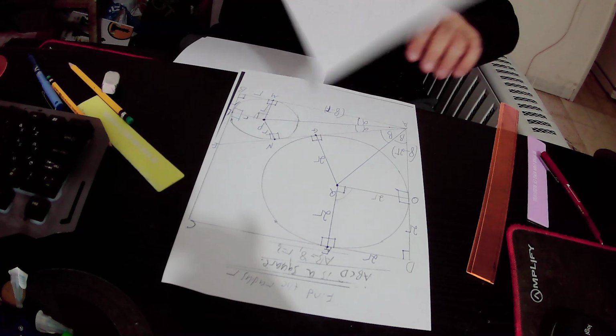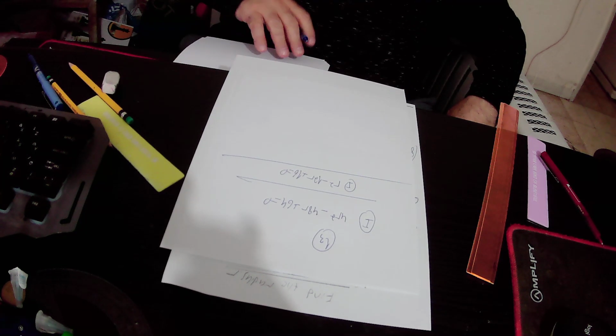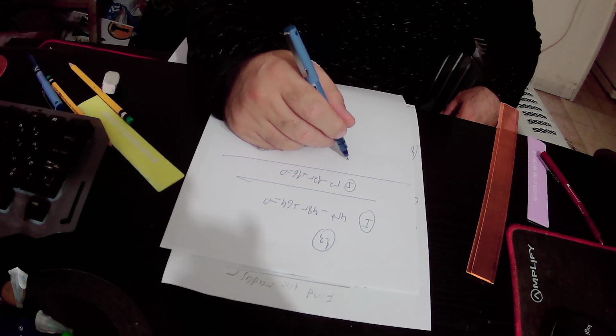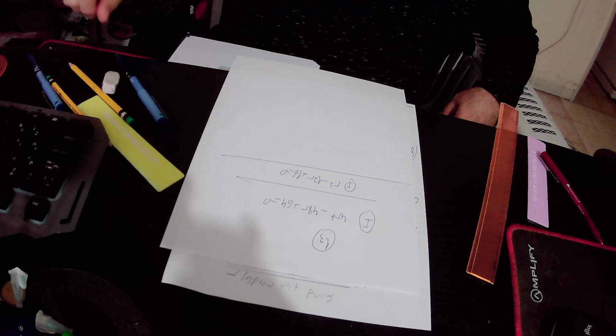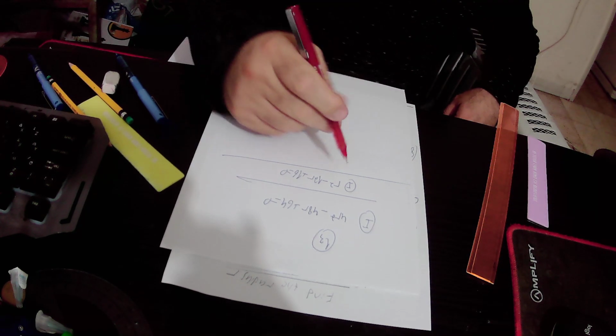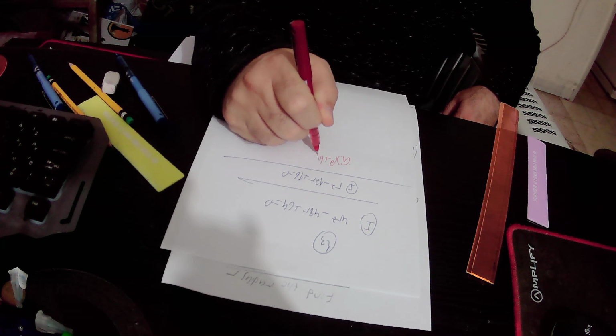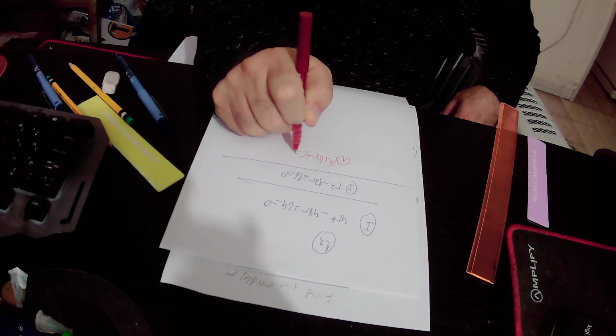So we got this quadratic equation, and we know that the general formula for a quadratic equation is ax squared plus bx plus c equals 0